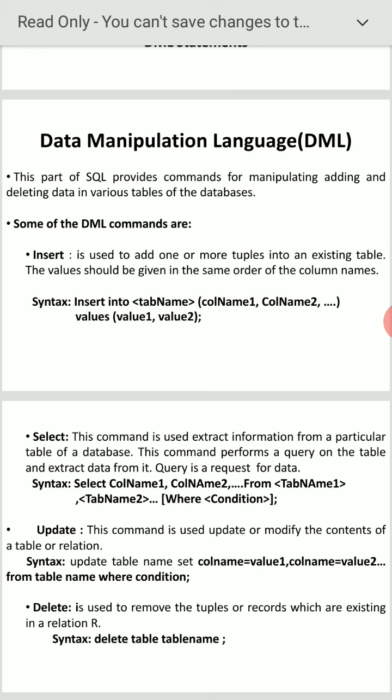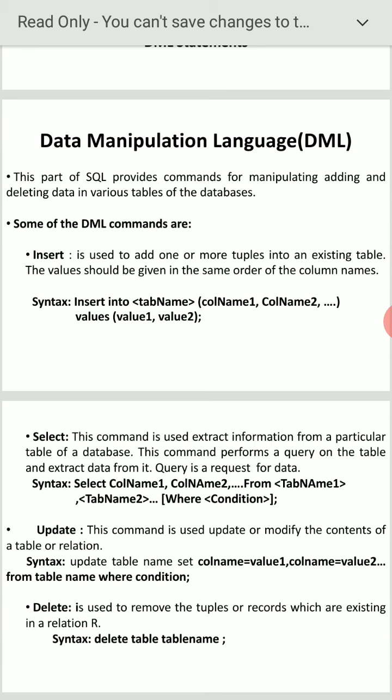There you can create the table, drop the table, alter the table, truncate the table. Suppose you want to manipulate the data; we can use the data manipulation language. There are different types of commands: insert, select, update, delete.